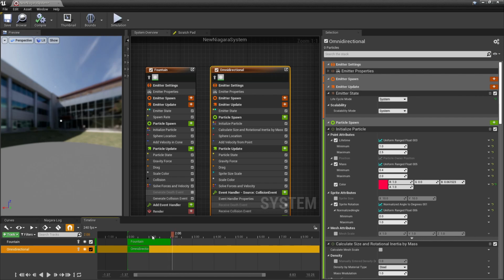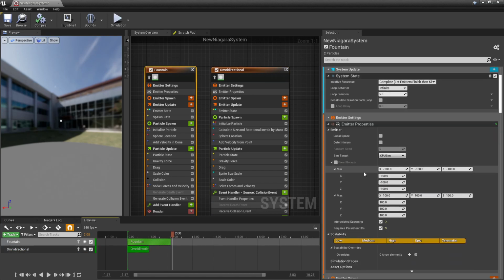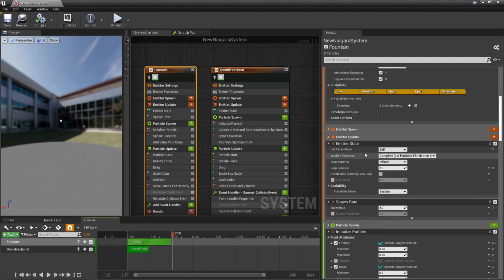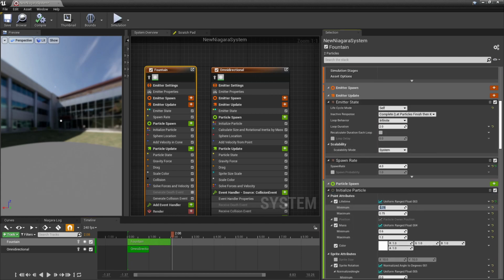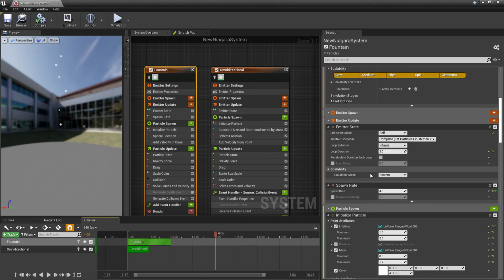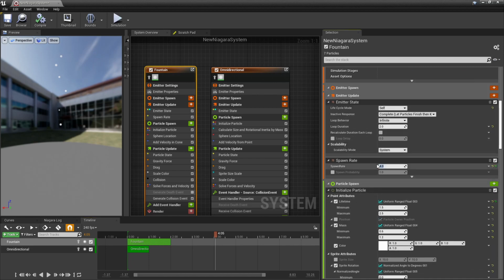Just so that it is clear, I need to increase the life of this particle system. So let's make it 1.5 and 2.5 so that the particles go up and they are falling down here. And let me also increase the spawn rate to 50.